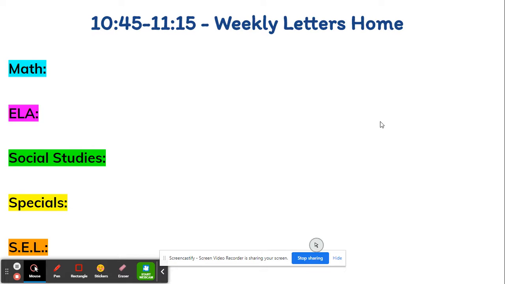Usually she takes a small group to write with them, and then you monitor the rest of the class. And the kids can come up to you after they've written their letters and have you check them. I usually put a little smiley face on them, and then they can put their whole notebook into their mailboxes. So they write those inside their weekly letters home spiral that is in a black spiral.